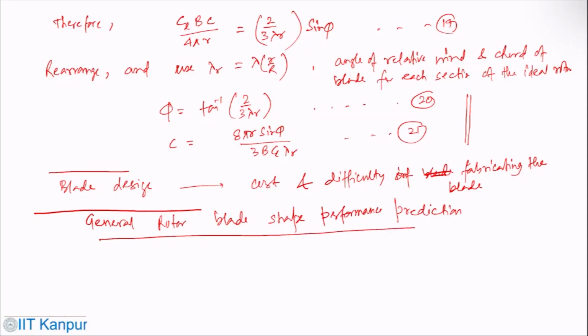In general, the rotor is not of the optimum shape because of fabrication difficulties. So when an optimum blade is run at a different speed ratio than the one it is designed for, it is no longer optimum, which is obvious. That's why the blade shape must be designed for easy fabrication and overall performance over the range of wind and rotor speed.